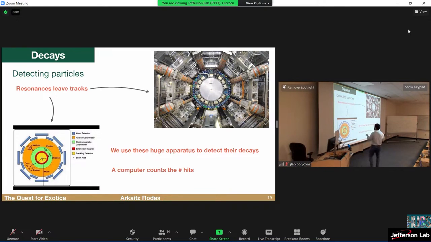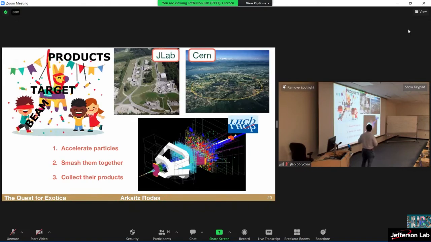This is what we do in accelerators. Some particles are easier to detect than others. This depends on the design of the calorimeters, and we have experts working on that. And of course, as I said before, when building an experiment you have to have the right idea of which particles you want in the initial and which particles you want in the final states in order for all this to work. So as a summary, in accelerators, we take long-lived particles, we accelerate them to high energies, we smash them against a target or against each other, and then we produce lots of products that we are going to collect.